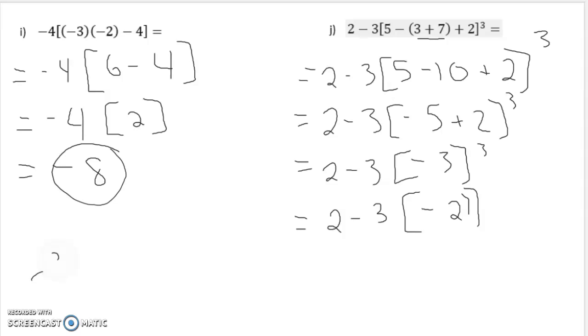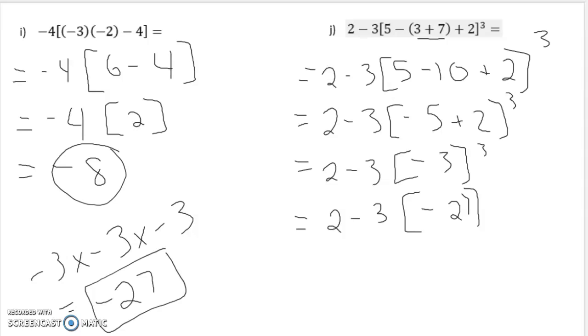Okay, so because it is to the exponent 3, we know that it's, I'll just write it over here, negative 3 times negative 3 times negative 3. Okay, so first off, 3 times 3 is 9. And then 9 times 3 is 27. Okay? And now let's look at this. Negative times a negative gives us a positive. And then a positive times a negative gives us a negative. So that's why negative 27